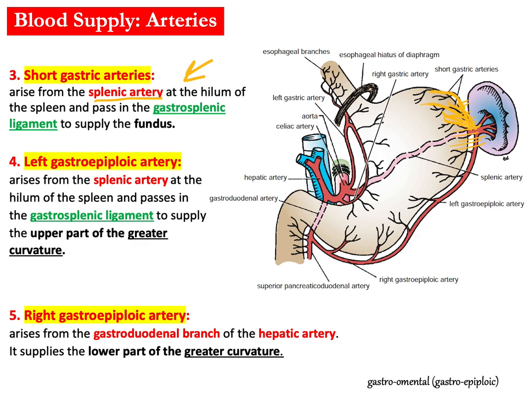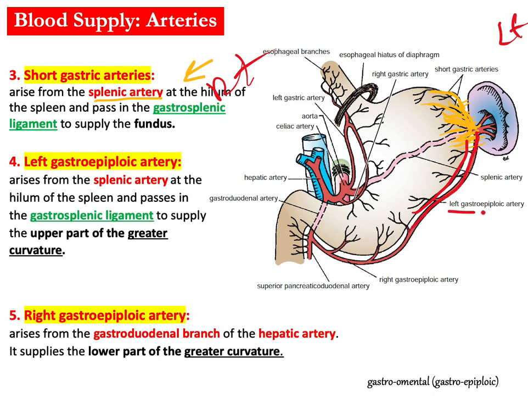through the gastrosplenic ligament. Now, again, from the splenic artery, we have a branch here down to supply the upper part of the greater curvature. This is the greater curvature. This is the upper part of the greater curvature, right? That's supplied by the left, because you know this is the left side of your body and this is the right side. So this is called the left